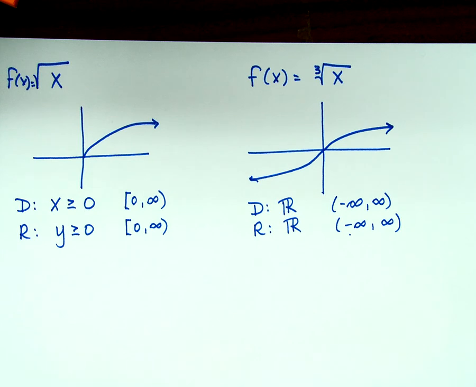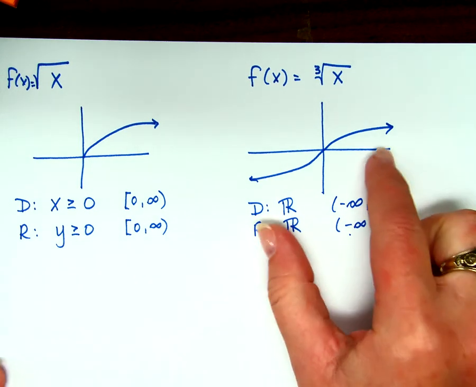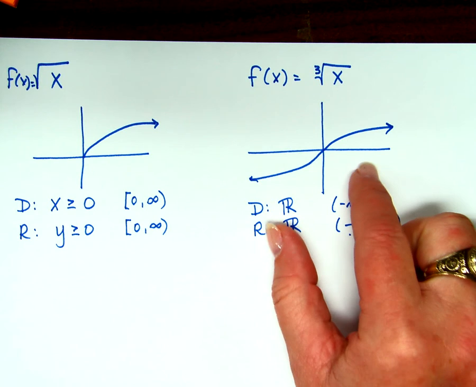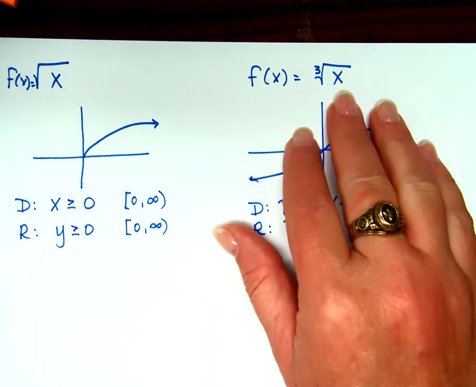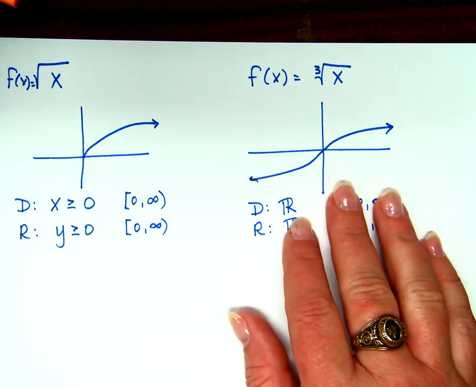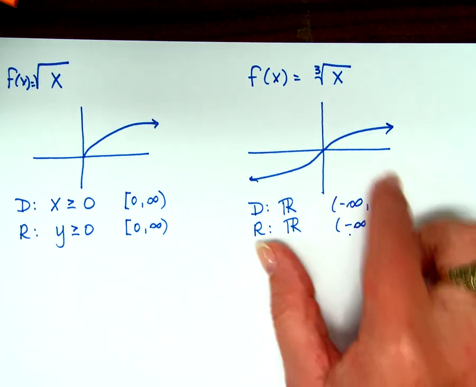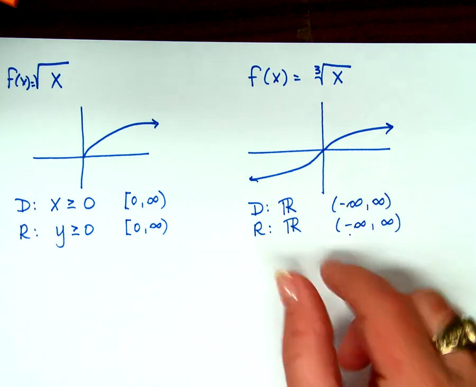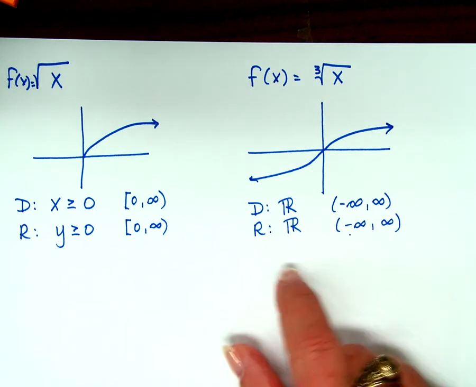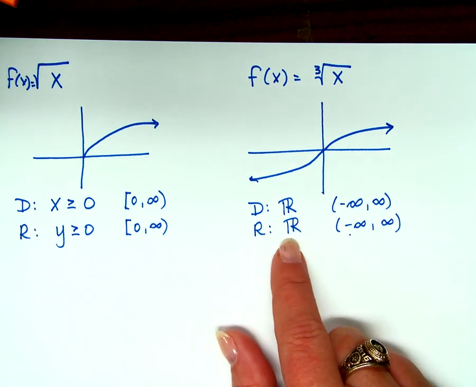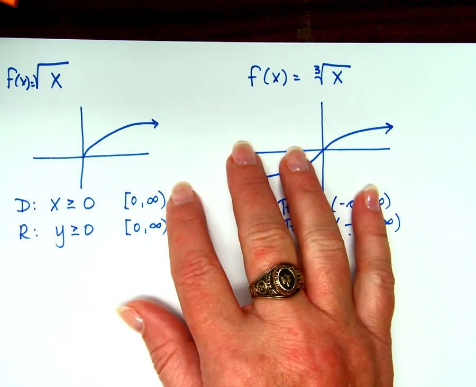Okay. Think about where I could put this on the graph. Could I shift it up and down? Could I shift it left and right? Could I stretch it and shrink it? Does it change the domain and range at all? Because anywhere I put it on the graph, it's still going to go all the way left and all the